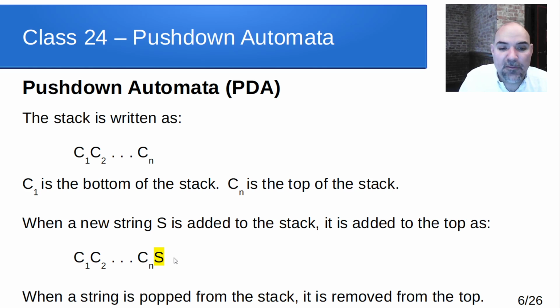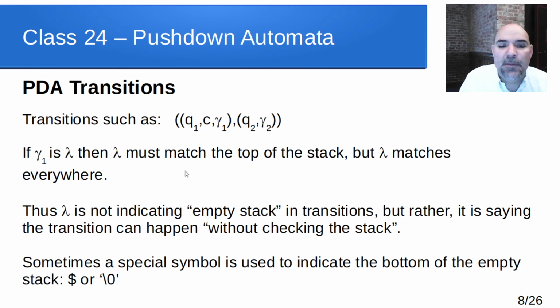So when a string is popped from the stack, it's always removed from the top. It's always removed from this end. In other words, you can't go into the middle and pull things out, or go to the bottom of the stack and pull things out. We always have to remove things from the top. Now we could pop things off and then replace them with other things. We could do that. But notice we're always going to be adding to the top and taking from the top. So in other words, the stack is a first in, last out configuration. We're going to put things in, they're going to build up in the stack. When we pop things off, we take them from this end. So it's always going to be the right-hand end that we're manipulating in the stack.